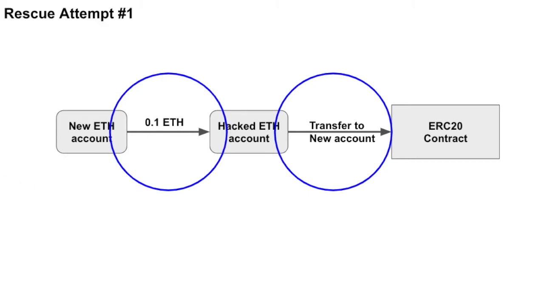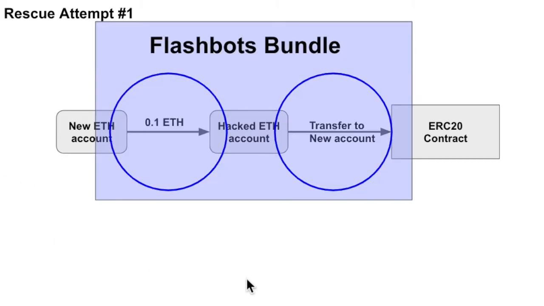for gas. And to do that, we wrap them in what we call a Flashbots bundle, a way to package up multiple transactions to be delivered to the miner, requesting that the miner includes them in sequence or not at all. This works great. We have actually done many token rescues this way, but there is a problem with this